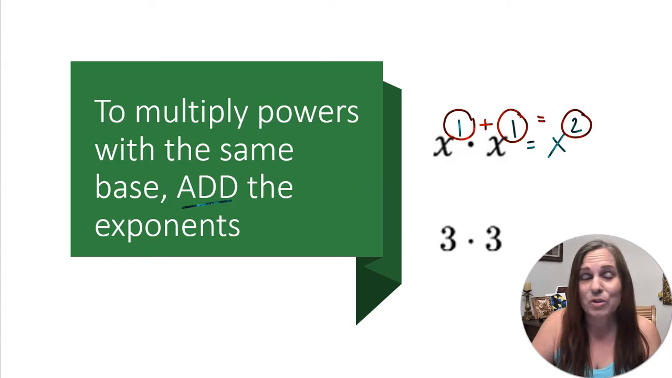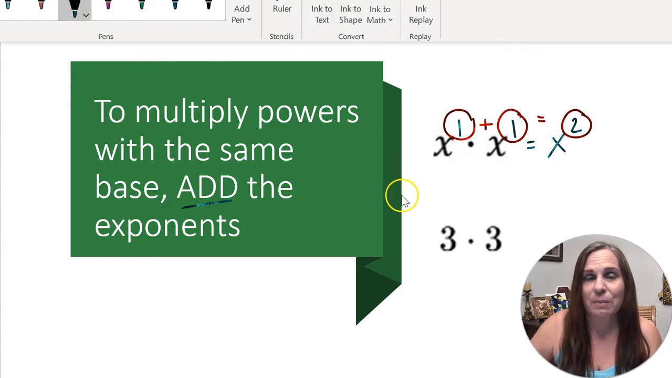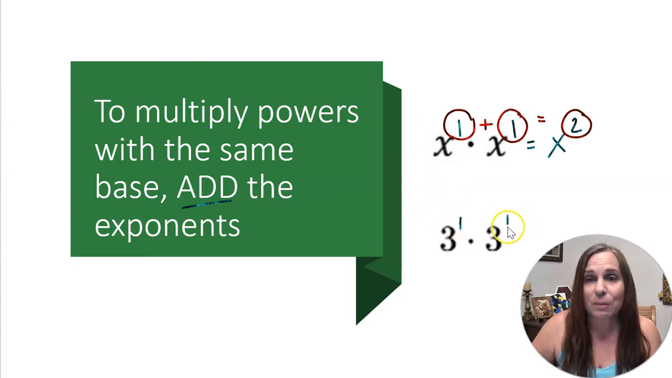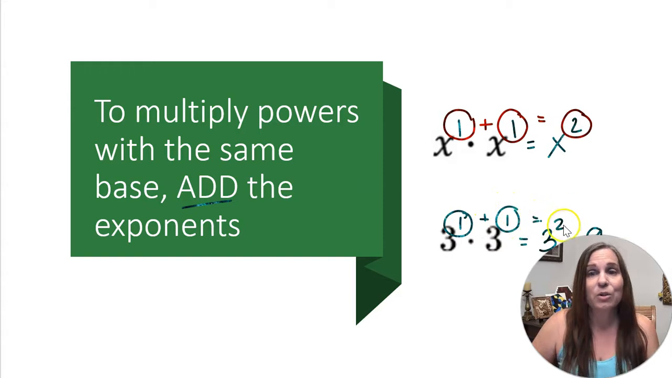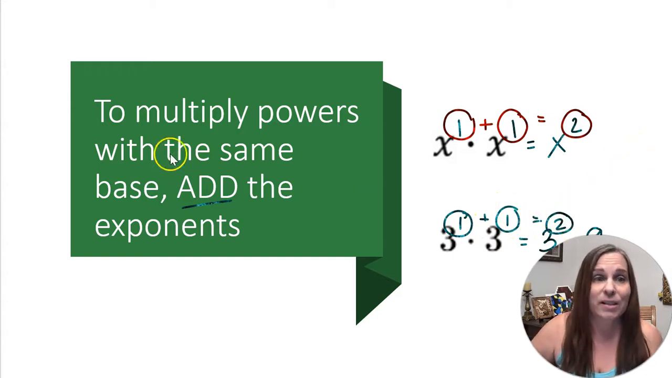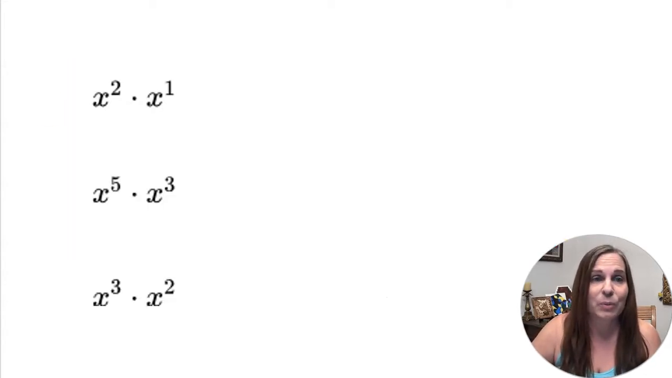right? We see it with numbers too. I mean, it's not just with variables, it works with numbers, right? We could write this as 3 to the 1st times 3 to the 1st, which equals 3 to the 2nd, which we know is 9. And again, 1 plus 1 will give us 2. So let's try this. I have a few examples for you with variables. Now, again, these could easily be numbers, right? Instead of x, it could be a 3 or a 2 or a 1 or any number that I pick,